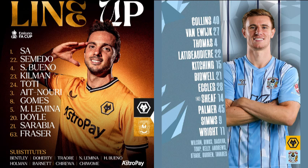Wolves have it inside their own half, and they'll look to keep possession and frustrate Coventry City. Appeals for offside are answered in the affirmative for the Sky Blues. Well, I'm not sure it was there. I tell you what, Aït-Nouri shows a bit of dissent there, and the referee, his hand seemed to almost go to his pocket there, and he's on a yellow already. Not that will make much difference at this late stage, although it would if it went to extra time. Anyway,